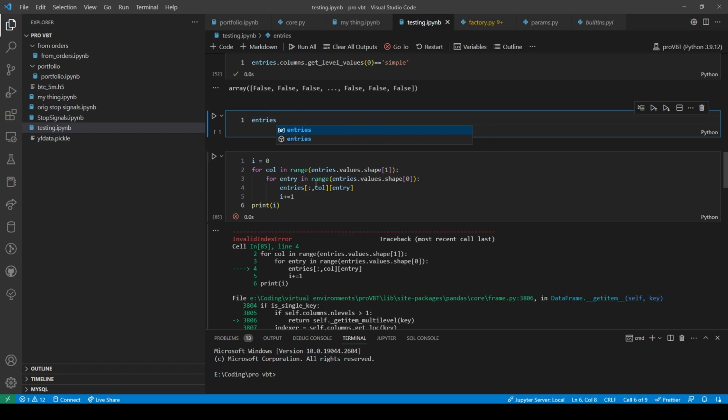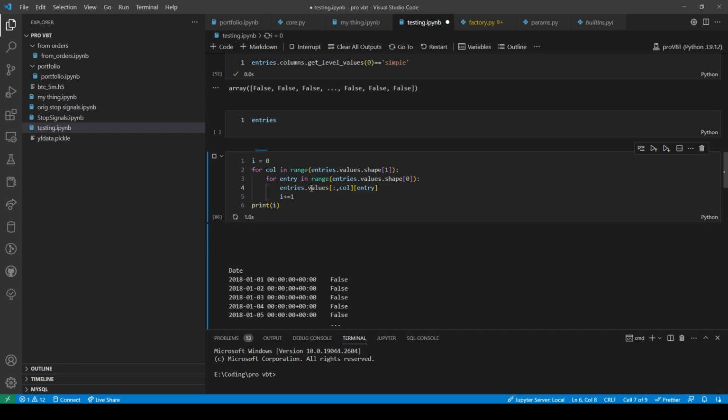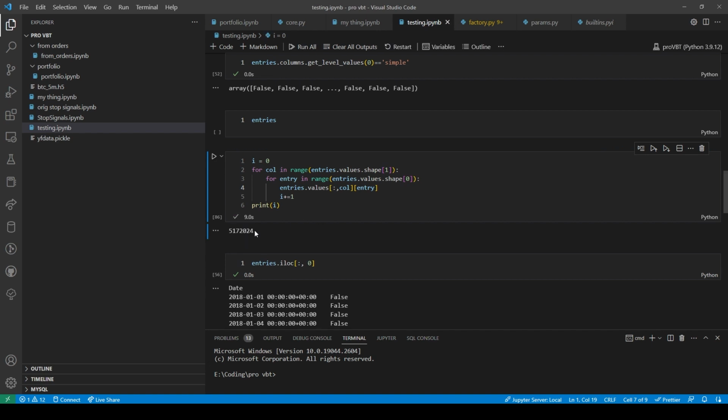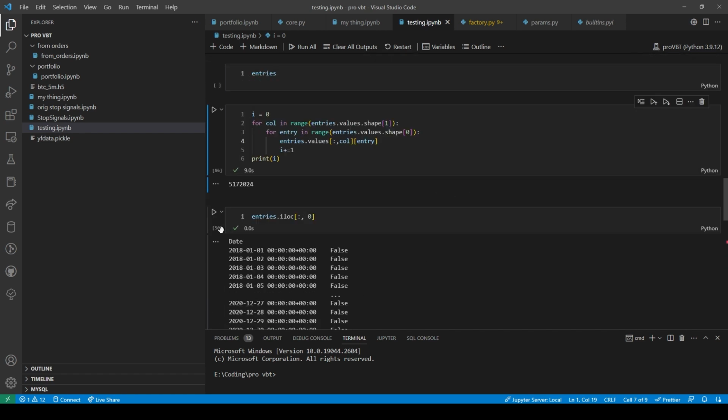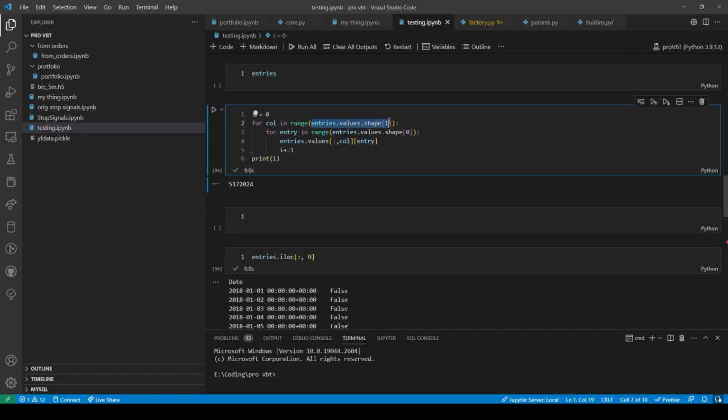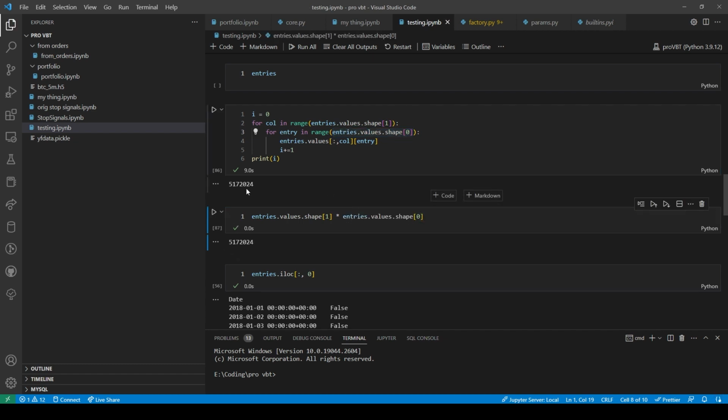Oh, that's why. Dot values. So this should be the same thing as this. Yep. Okay.